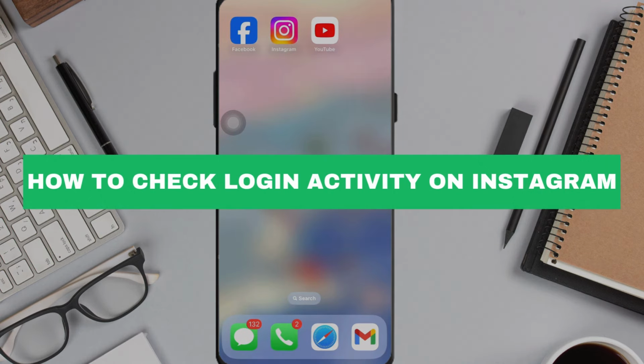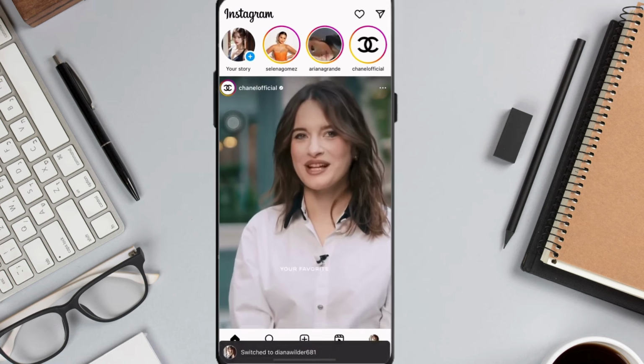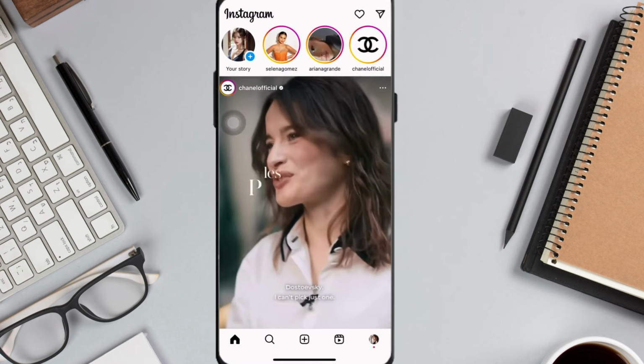In this video, I'm gonna show you how to check your login activity on Instagram. Let's get started. So first, open up your Instagram app and go to your profile by clicking your profile icon at the bottom right corner of the screen,